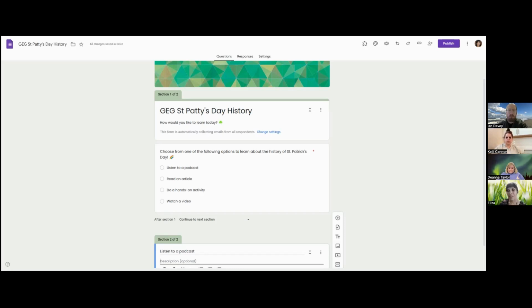Anyone have anything to add before I continue? I really like using forms for like choose your own adventure, or you could even do like 20 questions. Like I made one that was like, is it an animal, or is it a plant, or is it like alive or not? And like have them go back to different sections or go forward to different sections. It's just kind of like fun ways to get them trying a form.